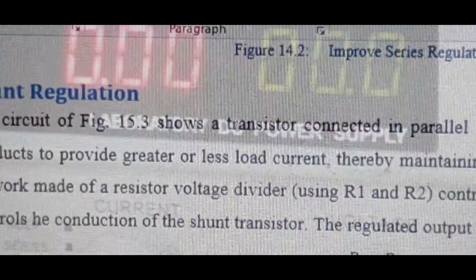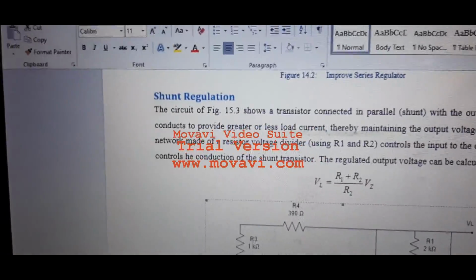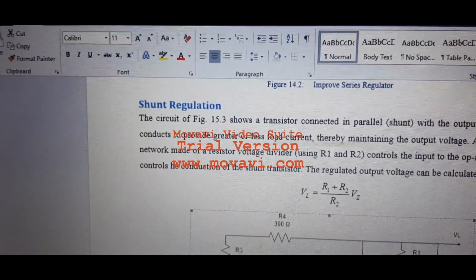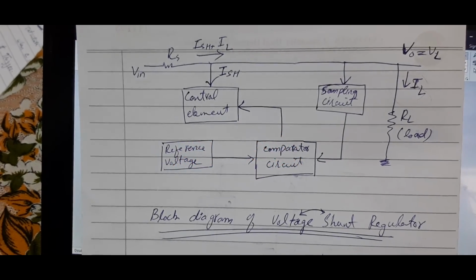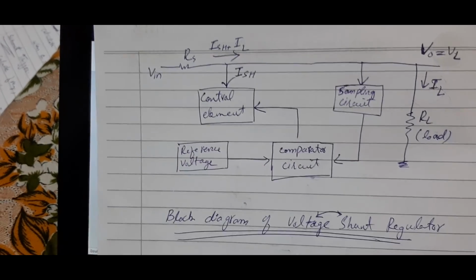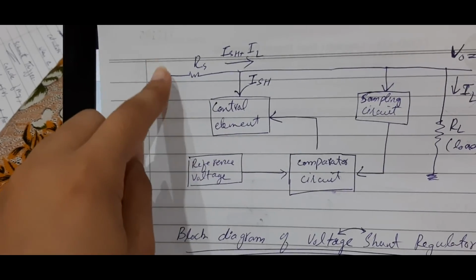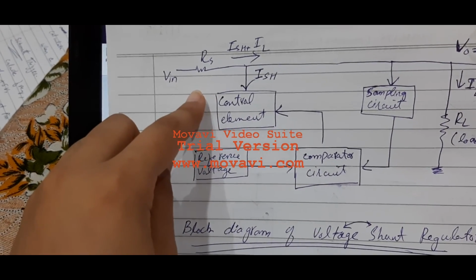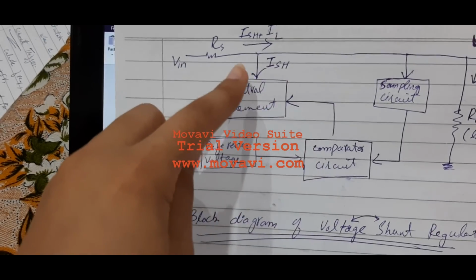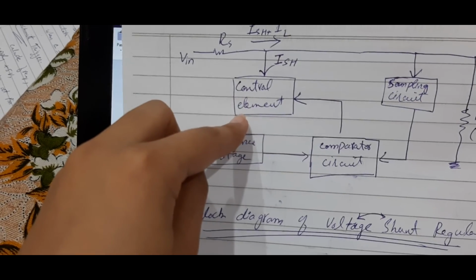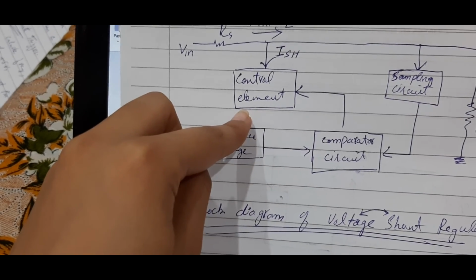The third task is about the shunt regulators. Shunt regulators are regulators that provide regulation by shunting current away from the load to regulate the output voltage. The block diagram of the shunt regulator is shown in the figure on the paper sheet. The input unregulated voltage is applied, then the current produced here is fed to the load, and part of the current is drawn by this control element, which maintains the regulated output voltage across the load.